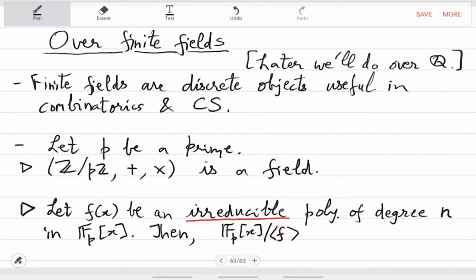So for non-zero a, the GCD of a and f is 1, so you get ua plus vf equal to 1. So every element has an inverse. So this is a field,